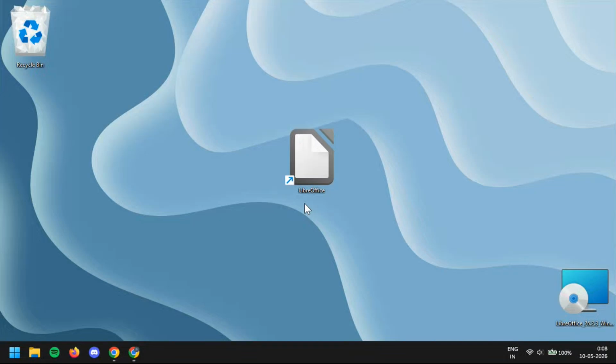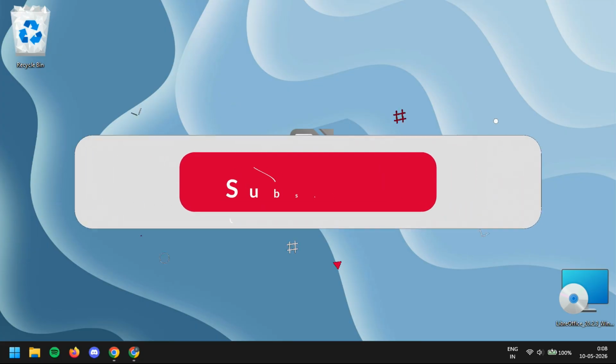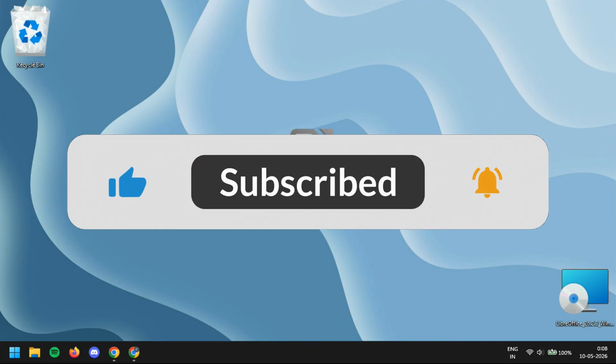If you want to format your document faster and make it look more professional, then learning how to add columns in LibreOffice Writer is a great skill to have. In this video, I'll show you exactly how to create columns in just a few clicks, whether you want to apply them to the whole page or only to a selected section of text. This is really useful for newsletters, flyers, reports, school projects, and any document where you want a cleaner, more organized